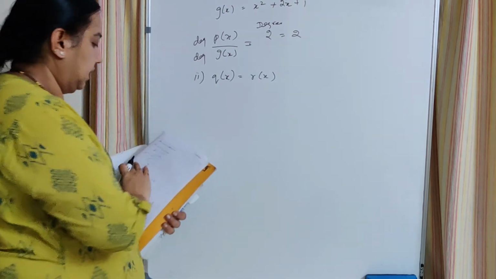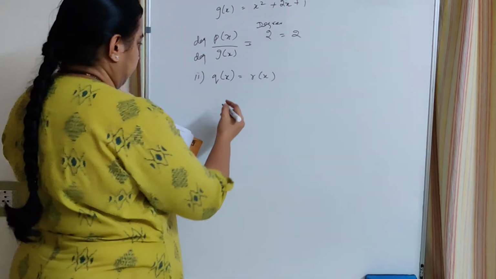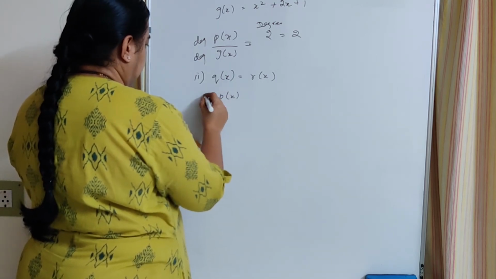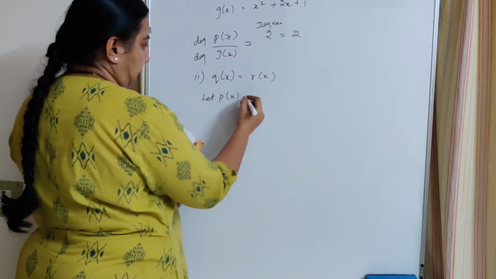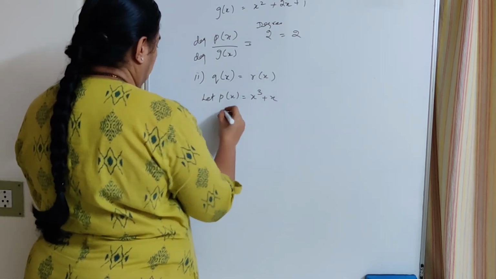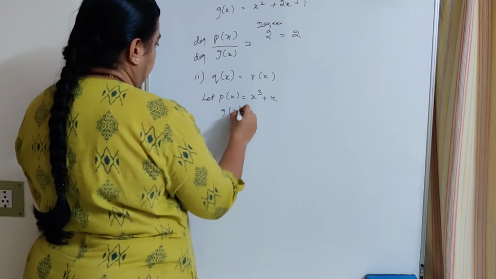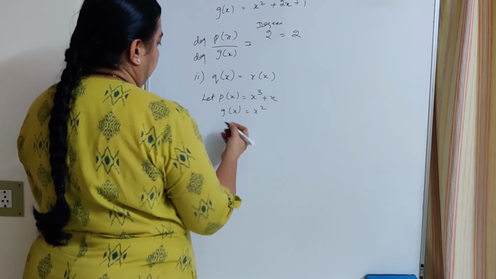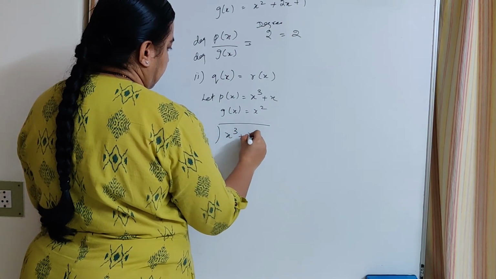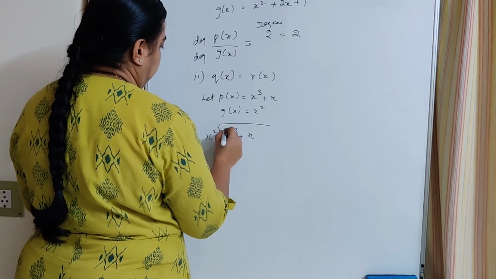So let p of x be, all these we are giving as an example. So let p of x is equal to x cube plus x, and g of x, let it be x square. When I divide it, I get